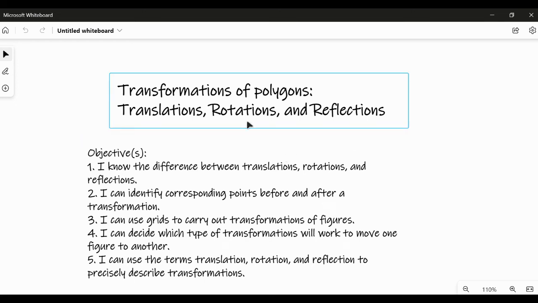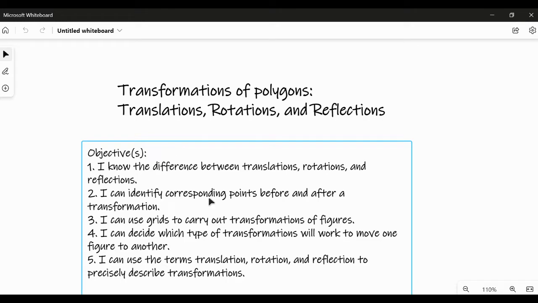Today's video is all about transformations of polygons, more specifically, translations, rotations, and reflections. All right, there are a lot of objectives, but these objectives are from the first two lessons combined. So, first and foremost,